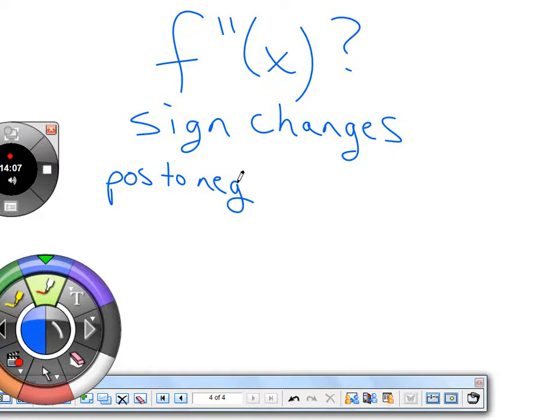And it was at negative 1.23. So we have an inflection point at negative 1.23, comma, when we plug that in, we got the y-coordinate, negative 10.13, and then we saw it went from negative to positive,